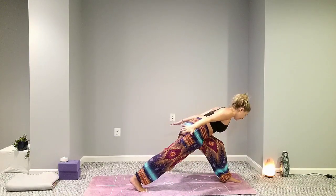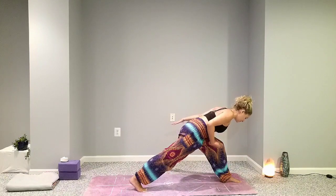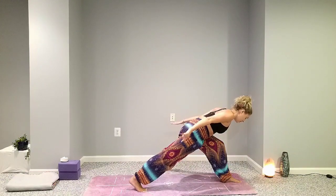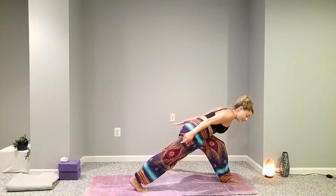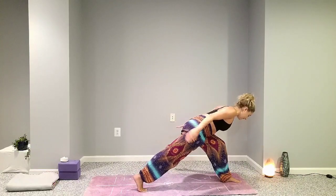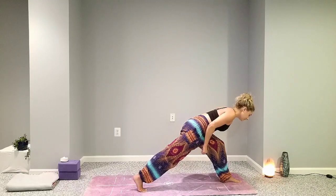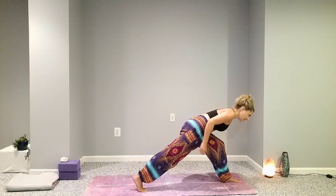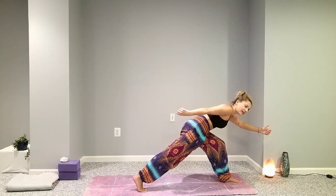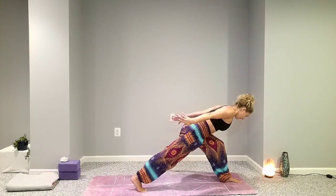into this airplane arm variation of our high lunge. Feeling the sensation in our left quad here. Our right heel is reaching to the back of the mat. Engage your right quad as well. Imagine if somebody is trying to pull your legs apart and you're trying to keep them together. Inhale,